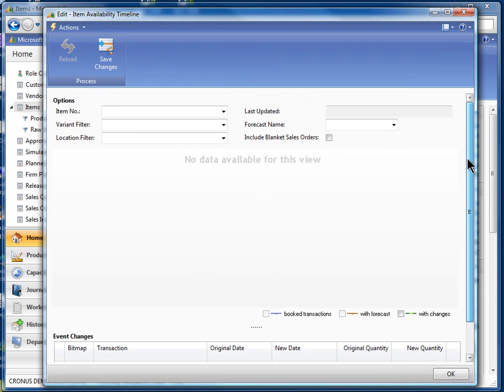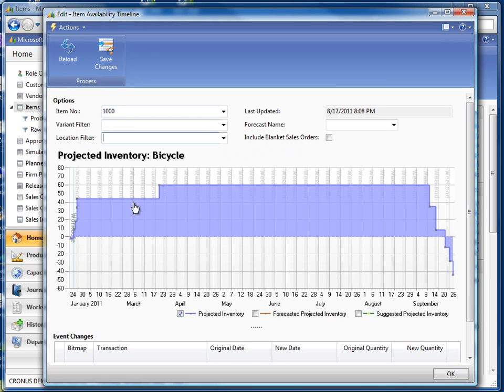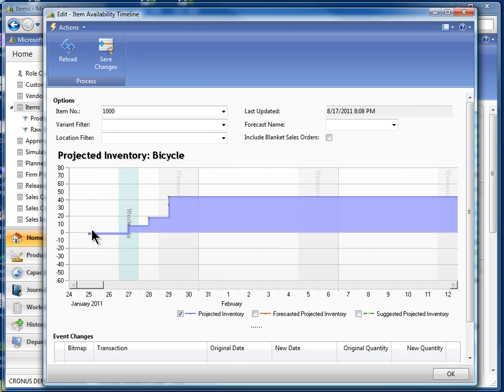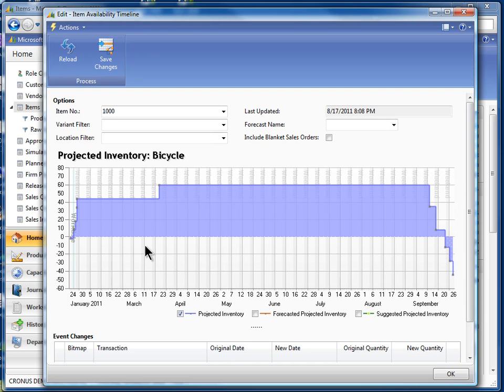So the first thing I'm going to do is put in part number 1000 so you can see the visualization. Let me just explain a few concepts here. First of all, notice the timeline across the bottom. I've got it in a view by month. If I wanted to see a specific portion of it, I could highlight that and then zoom in on that area. So now I'm looking at the January and February time frame. Or I could press Control 0 and it takes me back to all the activity